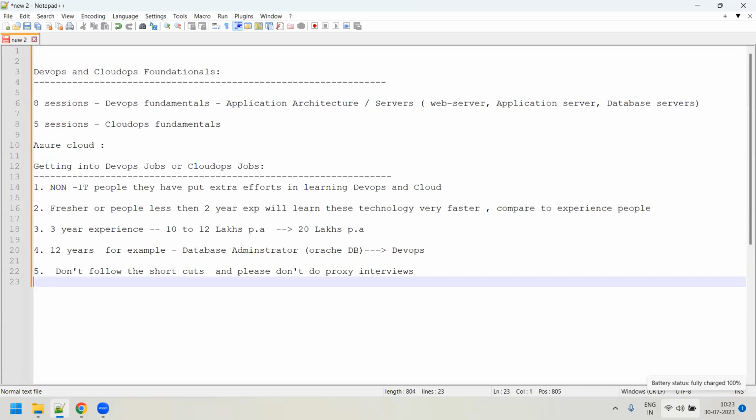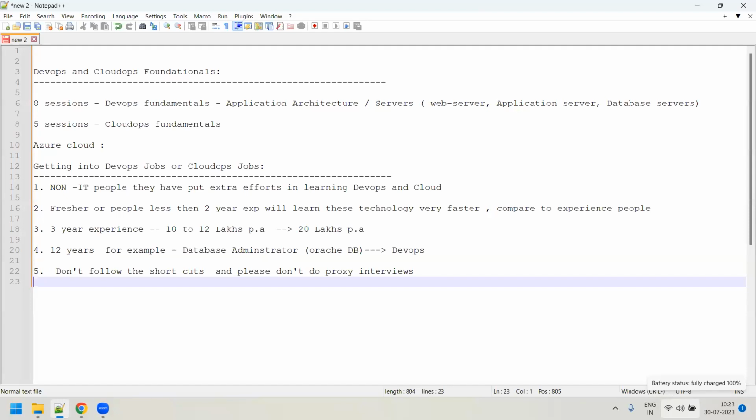So don't limit yourself to learning some basics or a few things. Learn in a very in-depth, detailed manner whatever the tools offer for you to learn, because you'll be using all aspects or all features of that tool in the industry. See, for example, you said, sir, I want to know about Jenkins.